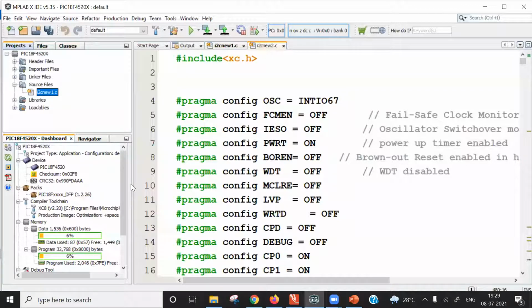While reading data from the slave device, data is serially shifted into the on-chip SSP SR register, that is, the serial shift register in the SSP module. After receiving all bits, that data is loaded into the buffer register. Similarly, when you use an I2C converter along with an LCD display, from the microcontroller you transmit data serially to that module, and that module gives output data in 8-bit format to the LCD display. So the same programming logic can be used for interfacing any kind of LCD with the I2C protocol.